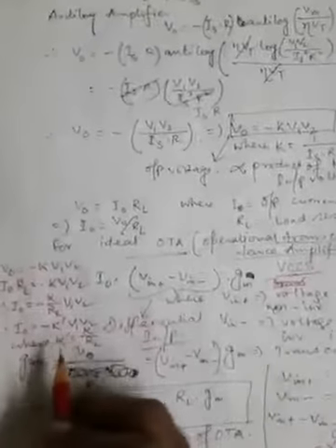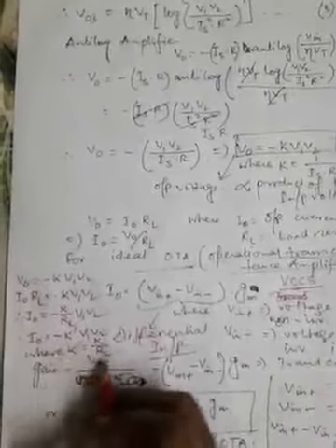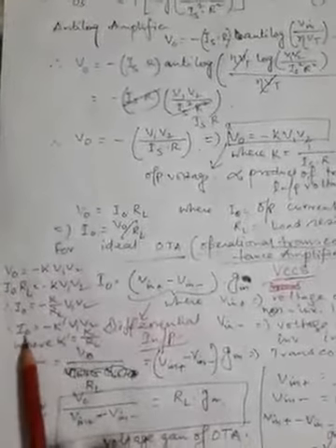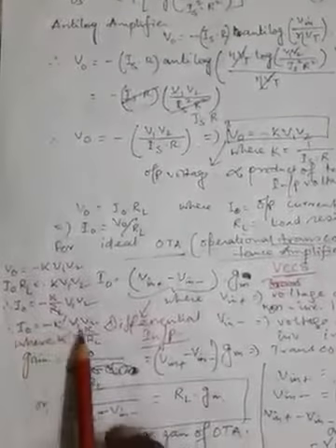Now if we consider this K prime as the transconductance, because if we want to compare this expression IO equal to minus K prime into V1 V2 with this expression,